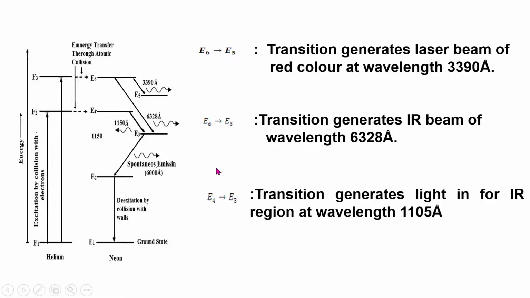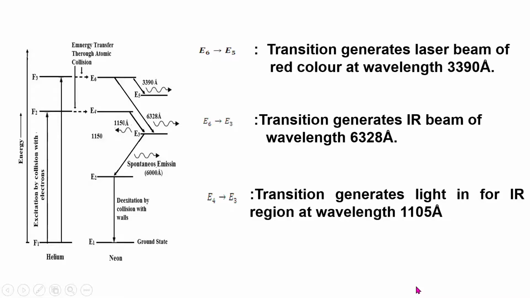And from the energy level E4 to E3, there is also a transition which generates light of the IR region having the wavelength 1105 angstrom unit. Now we can observe here in these three transitions